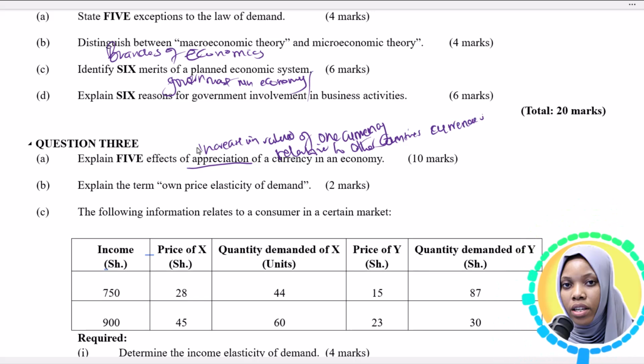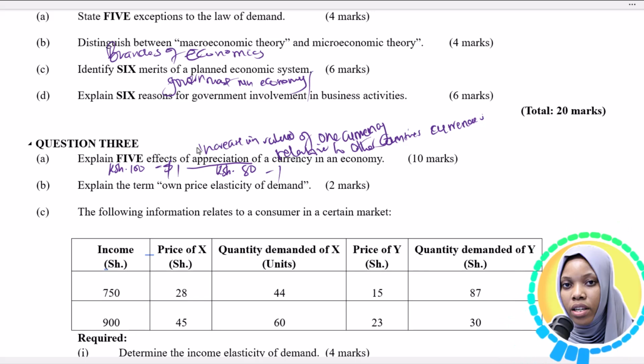For example, if last year our Kenyan shilling to the dollar was 100 Kenyan shillings to $1, and this year our Kenyan shilling is maybe say 80 shillings to $1,